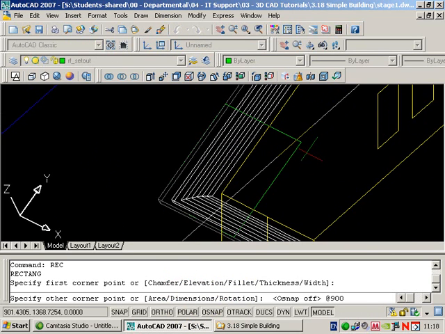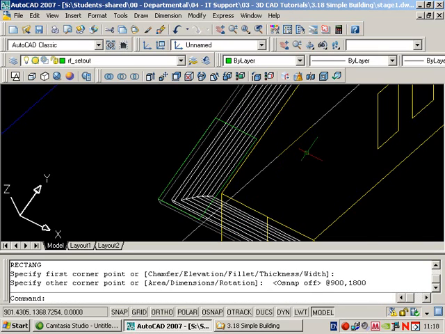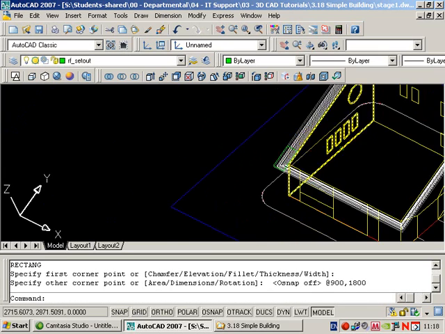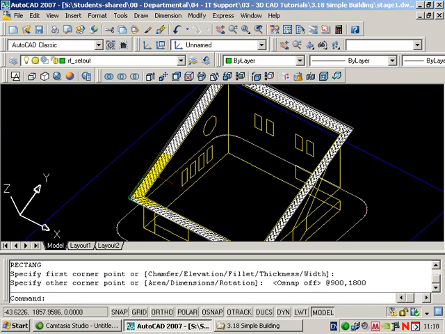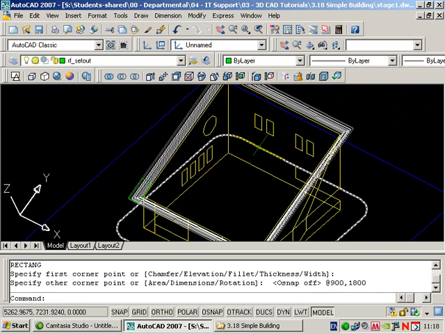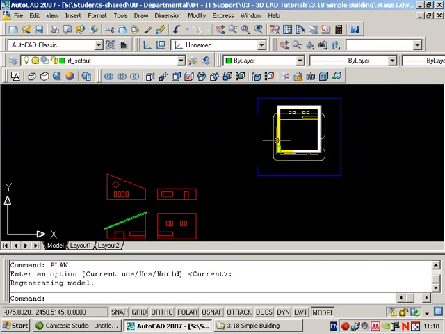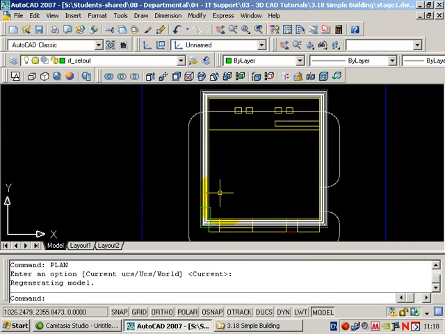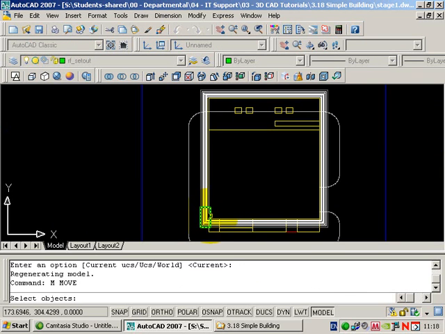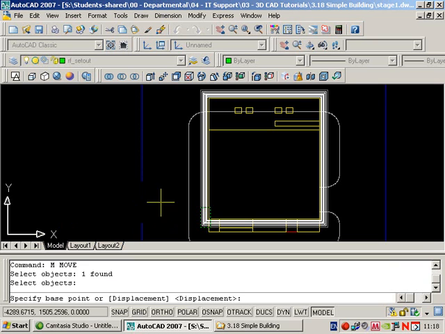900 wide, 1800 high. Now if we restore the plan now, we can decide where we want to put some roof windows. So type plan and return twice, and this is just done roughly. I pick the object, return. Base point can be anywhere, the O-snaps are turned off,